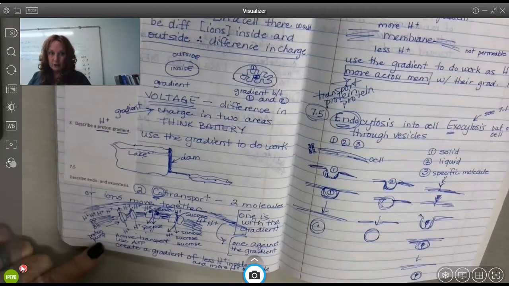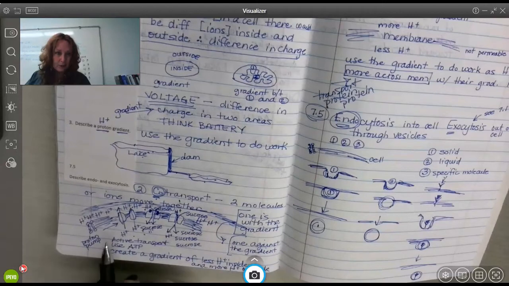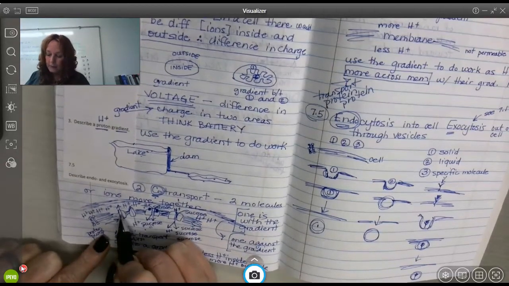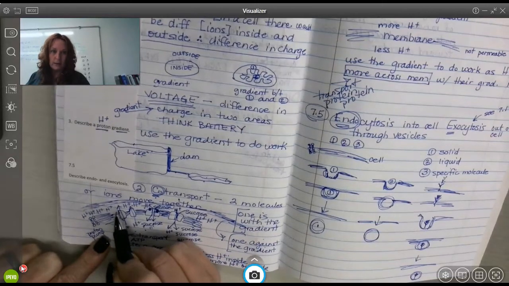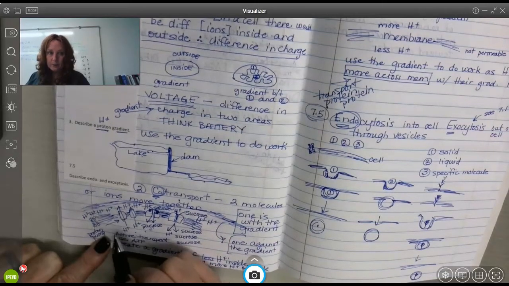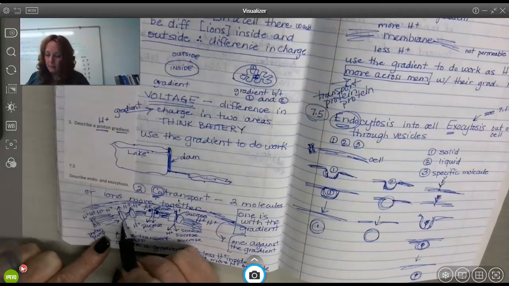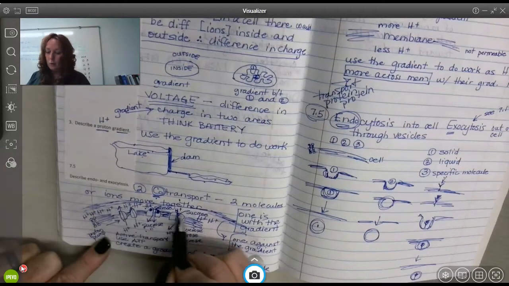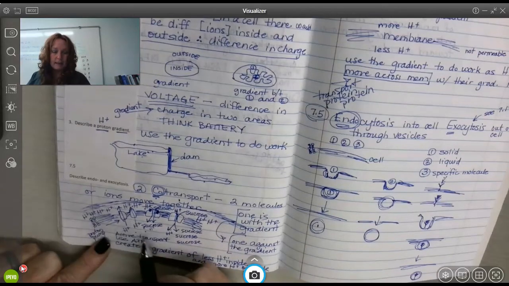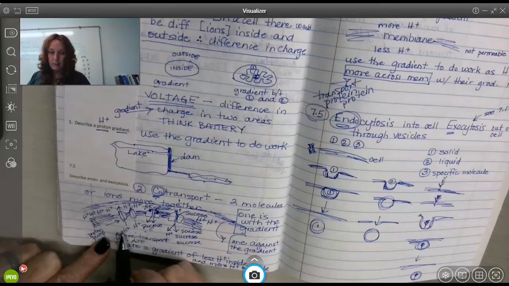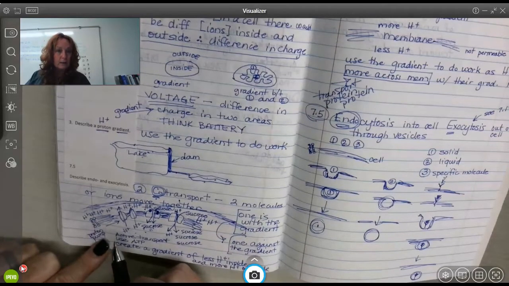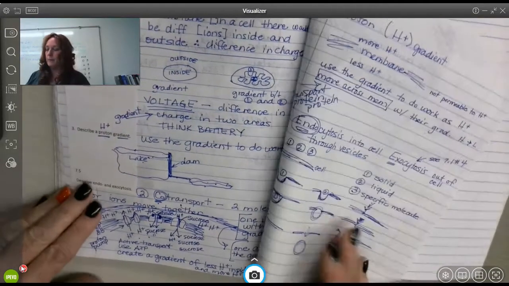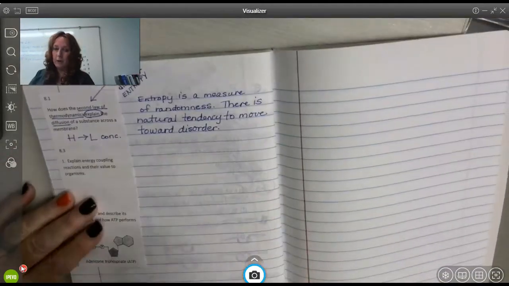And we actually learned that, I was about to say yesterday because that's when we made the video, but I don't know when you're actually watching them, that we did not naturally create that. We purposefully created that by pumping hydrogen ions so that there would be more on this side, less on this side of the membrane, which is a gradient. So gradients do not naturally happen. Let's write that, our next statement.